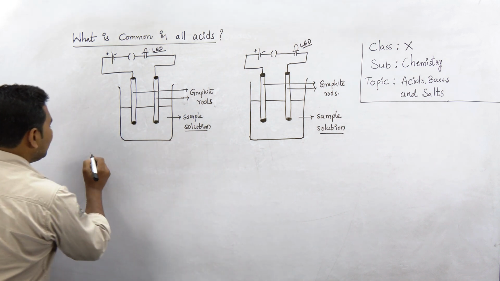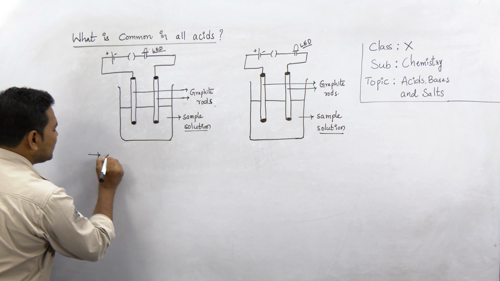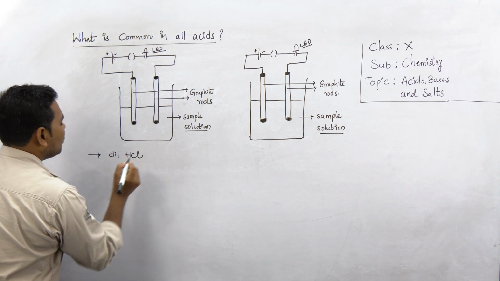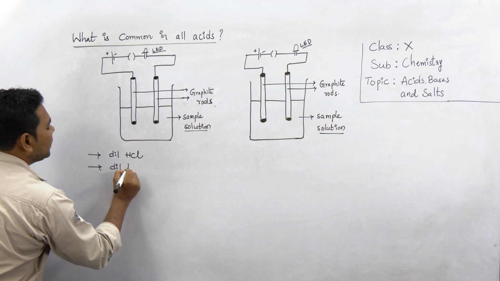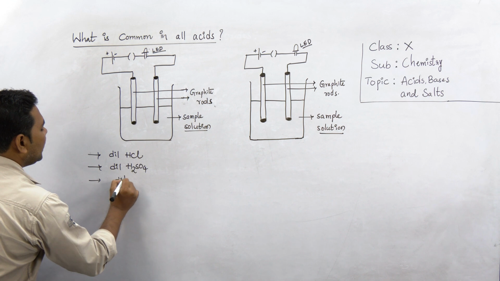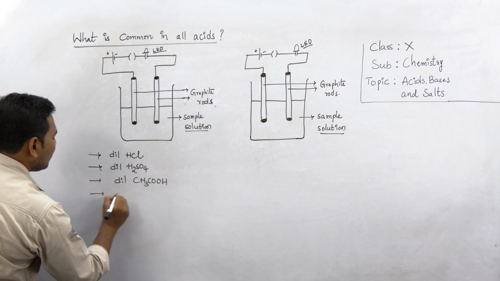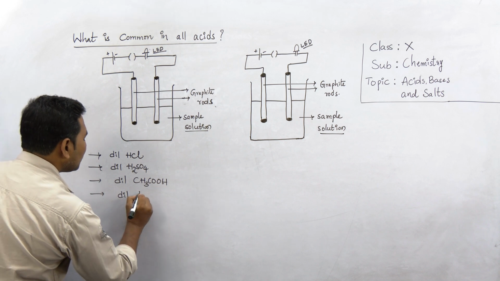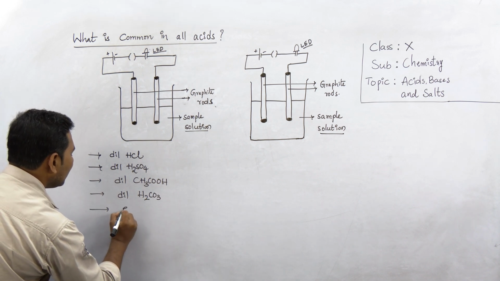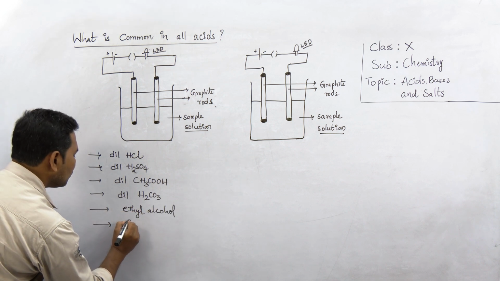Now, to perform this activity, let us take some samples. What are the various samples? Let me take dilute hydrochloric acid, dilute sulfuric acid, dilute acetic acid, dilute carbonic acid. Let me also take some ethyl alcohol, and lastly let me take some glucose